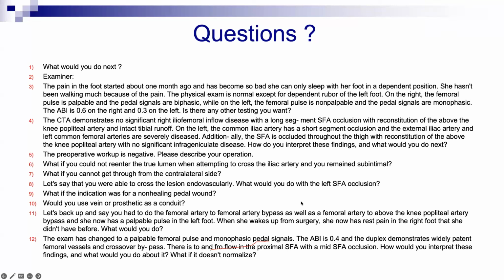Yes. If the common femoral artery is just diseased and not occluded, can't we just try angioplasty and not endarterectomy? Ballooning? As I said, in the exam, it's better to be on the safe side, because there is a lot of controversy about this issue. In the exam, you have to be a very classic, safe surgeon. So if he tells you disease of the common femoral artery, tell him endarterectomy. Because if you tell him angioplasty or atherectomy, he may not be happy with that, because he may be from the old school.